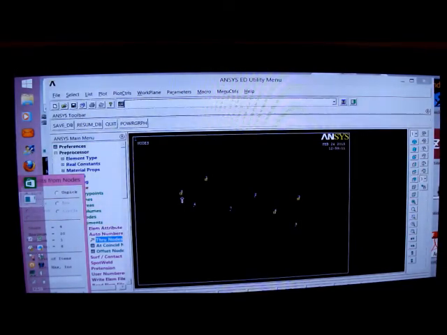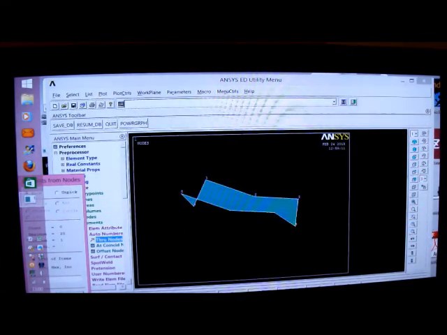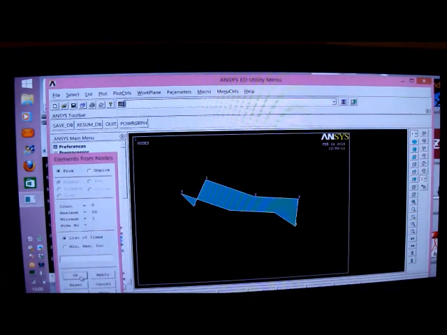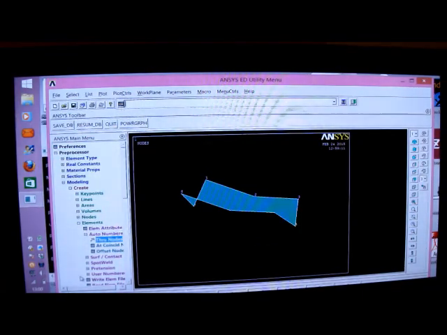Then I'll do mid-side nodes, and the mid-side node is 2, and another mid-side node is 5, and another mid-side node is 7, and another mid-side node is 4. And I press apply, and I've got my element there. I'm going to stop now because my camcorder only lasts for 10